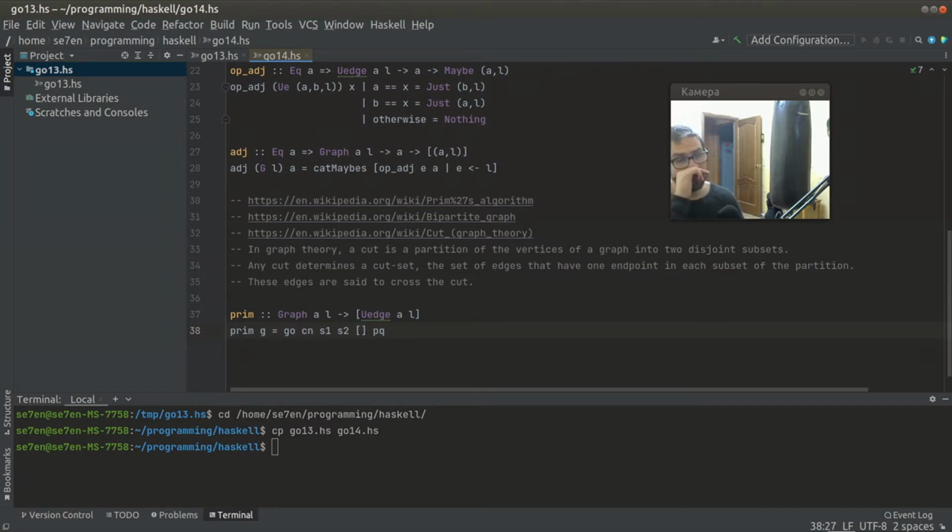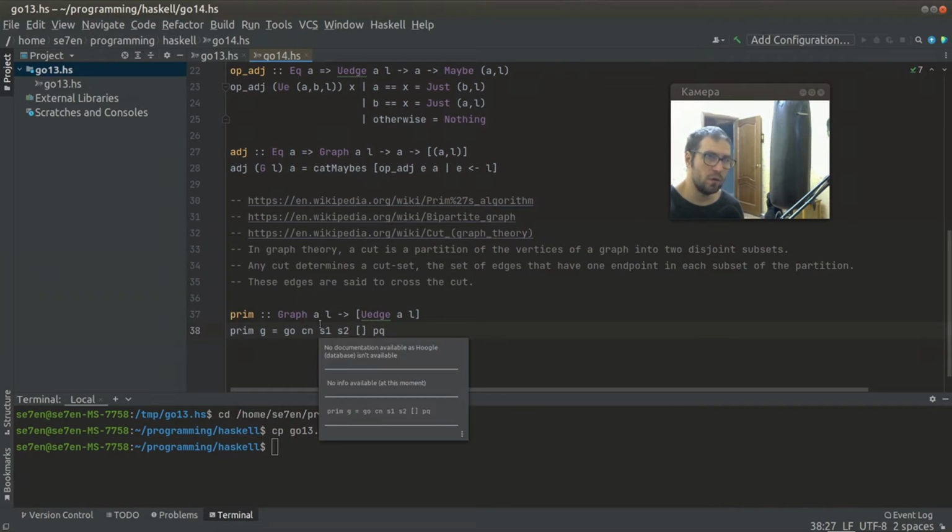So how does the algorithm work? We take the first vertex from S1, so we take the current vertex, and take all its adjacent edges, and we put these adjacent edges into our priority queue, and then we select the minimum edge from this priority queue, and then from that edge we select the vertex which is present in S2, and this is the next current node,